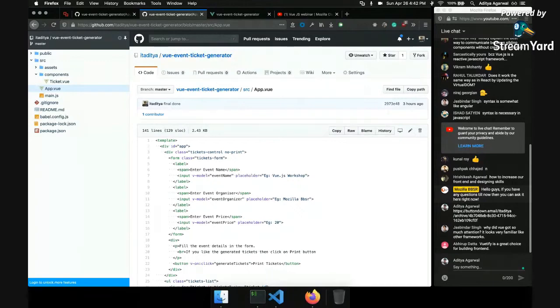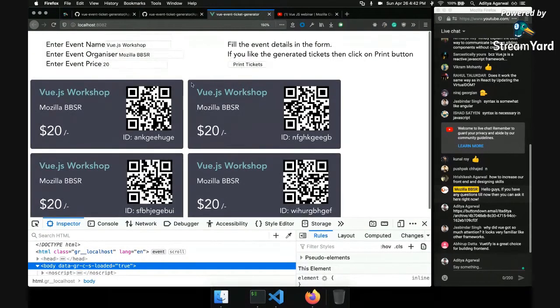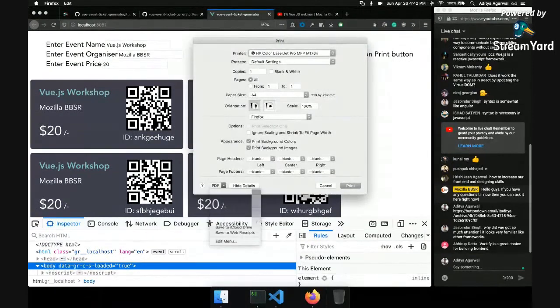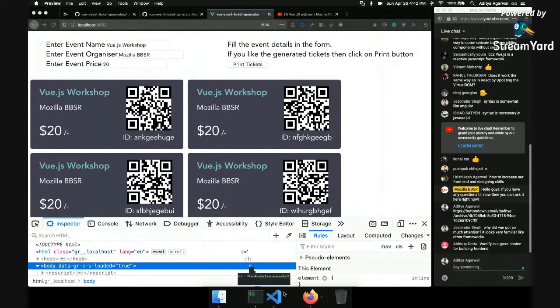Okay, so I have another thing to show. One interesting thing was that when I click on print tickets, only these tickets are coming. The form, etc., is not coming. That is because there is a